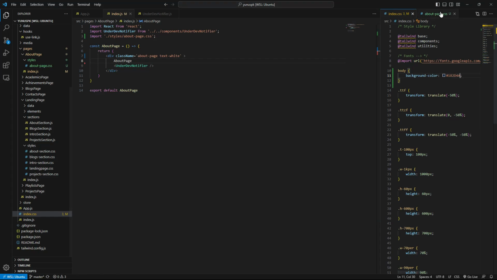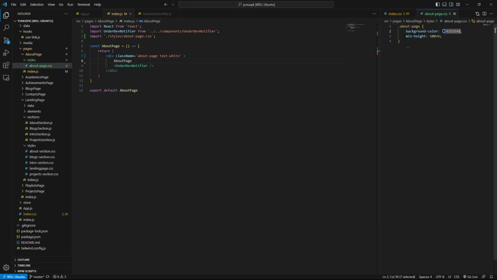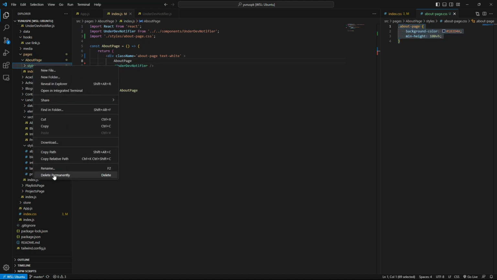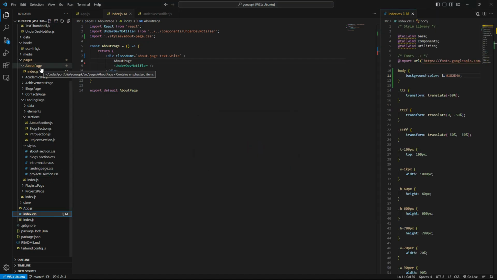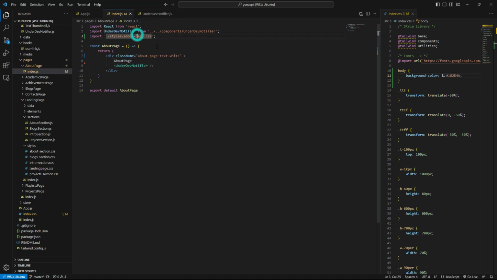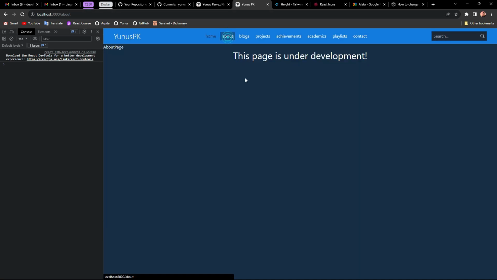If you go to blogs, we get this everywhere. In the about page, we don't need anything, so I'm gonna just delete these things because I just don't need this right now. When I'm gonna work on the about page, I'm gonna make that. But in the about page here, this import shouldn't be here, otherwise we're gonna get an error. So now everything's looking fine, right? Everything's fine.